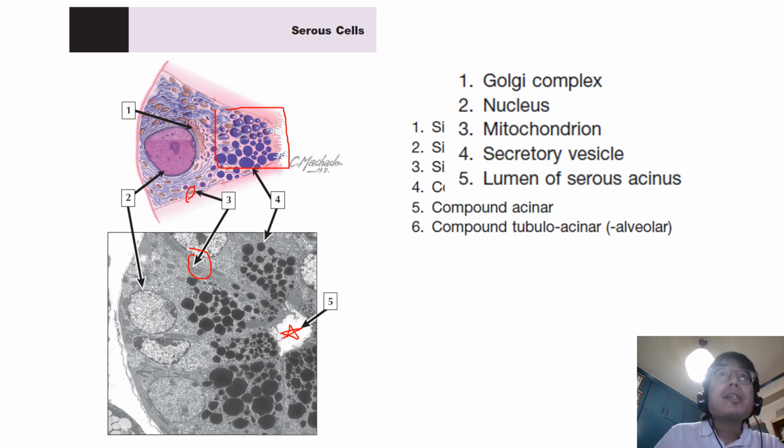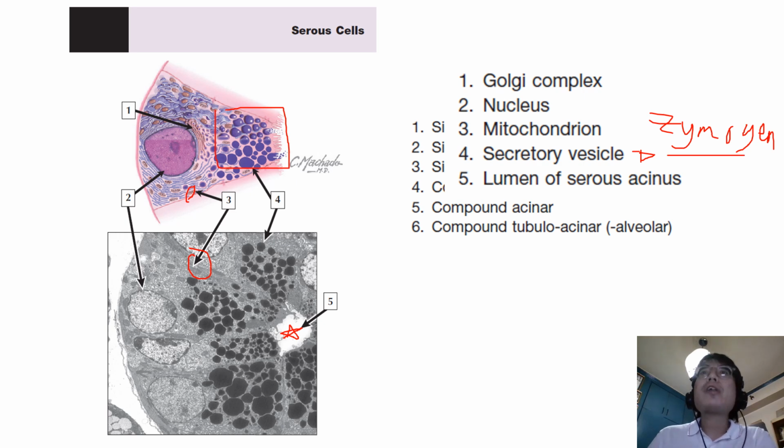The vesicles are also known as zymogen granules. They accumulate in the apical cytoplasm for temporary storage prior to release. The contents of the mature secretory vesicles are discharged from the apical part of the cell by a mechanism called exocytosis. Our take home here, zymogen granules, the other term for secretory vesicles.